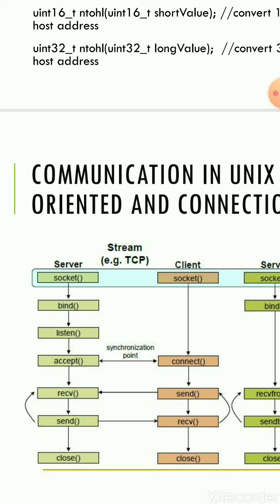On the client side, the same process is used. The client calls the socket function to create a socket, then requests the connection. The client calls connect, a blocking function, which blocks until the connection is established between the two sides. Once the connection is established, it uses the send function and receive function to exchange the data, and finally it closes the connection. So this is about connection oriented communication. Thank you for listening. This winds up the client server communication program.